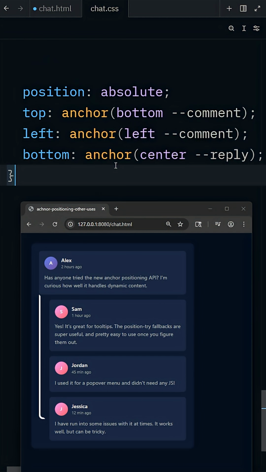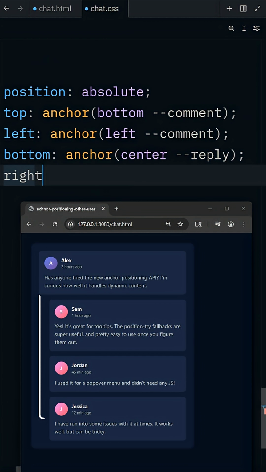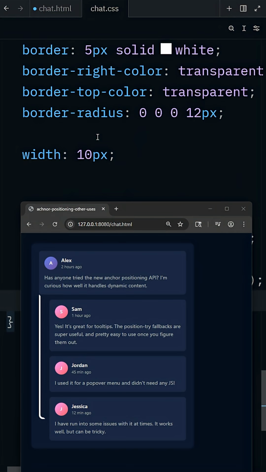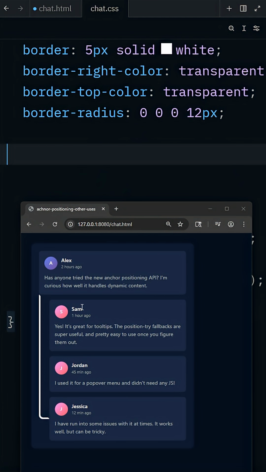One last one that we're going to want to do on here is to come in with the right side, and the right side of this should be anchored to the left side of that reply. So we can say anchor. We want it to be the left of my reply. And here I had a width. We can take that width off now, and it's connecting from here and going all the way and connecting to